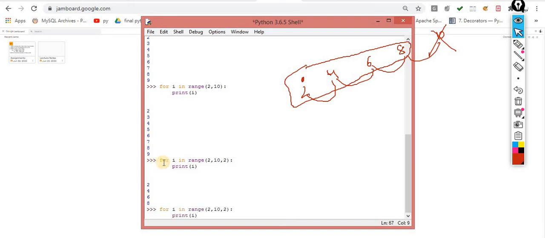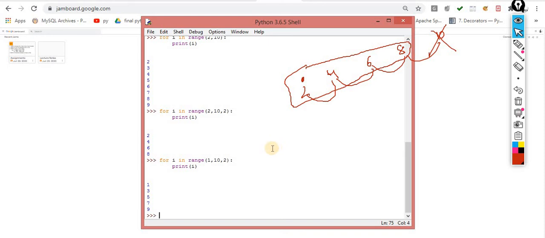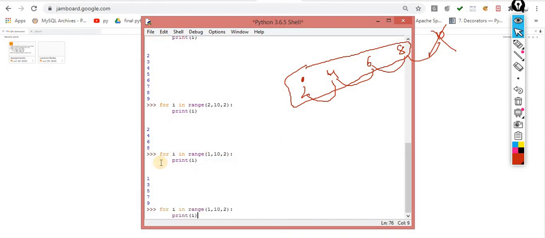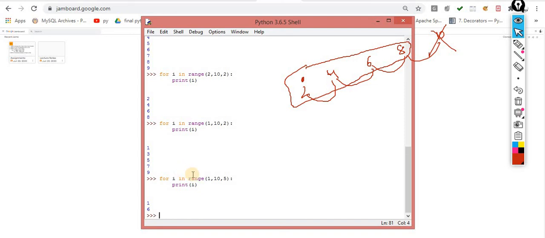Sir, this time I need even numbers. So from where do I have to start? From 1, and you have to take a jump of 2. You can even take a jump of 3, 4, 5, 6, whatever. That is again your choice according to the problem statement. So 1 and 6. When I take a jump of 5, I am standing on 1. After that I take a jump of 5 and reach 6. After that I again take a jump of 5 and reach 11. When I reach 11, that is not inside my boundary because I specified my boundary 0 to 9. So this one is the concept. I think the picture is clearer now.